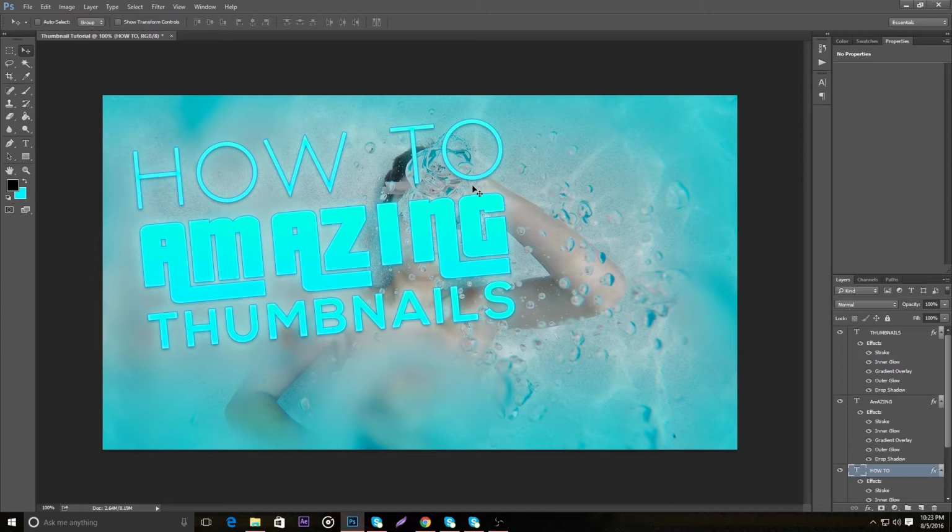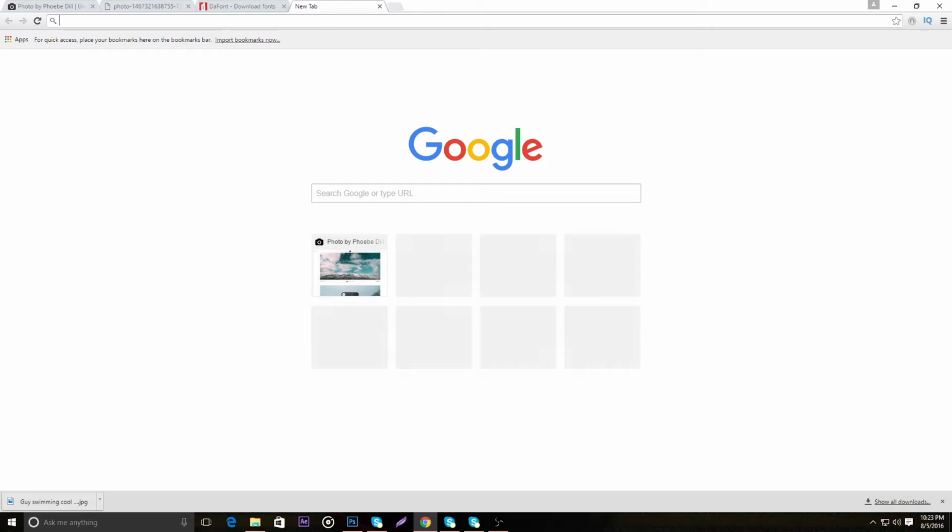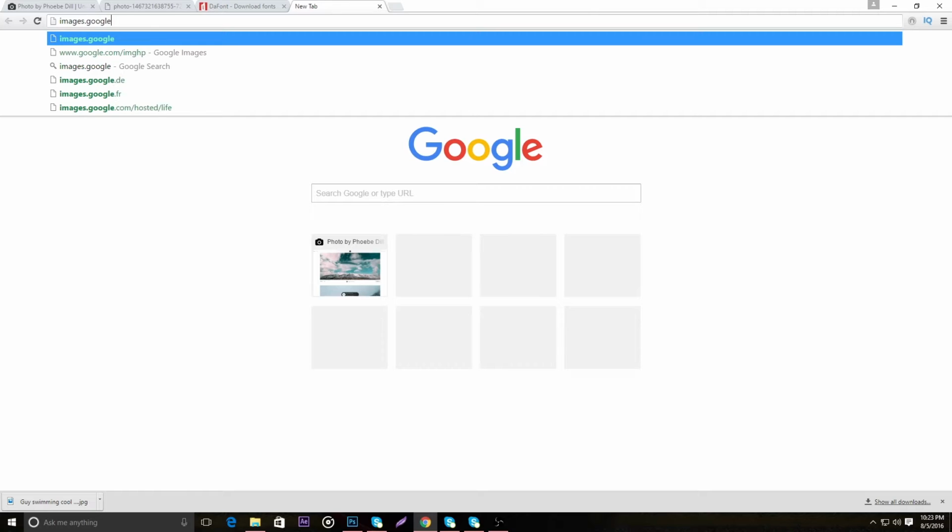So now you have this really cool looking thing right here. I don't know what to call it. We're gonna make these two white so not everything's blue. But now what you're gonna want to do is get a cool looking icon from online. So what I'm gonna do is go ahead and head over to Google Images, just google.com,